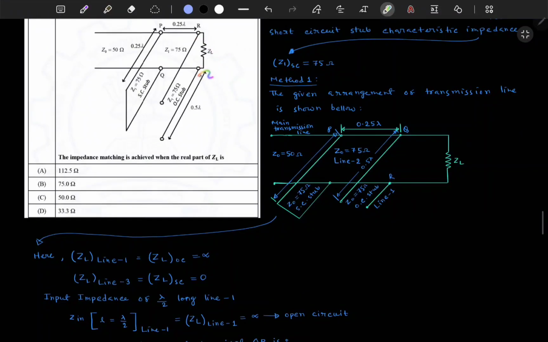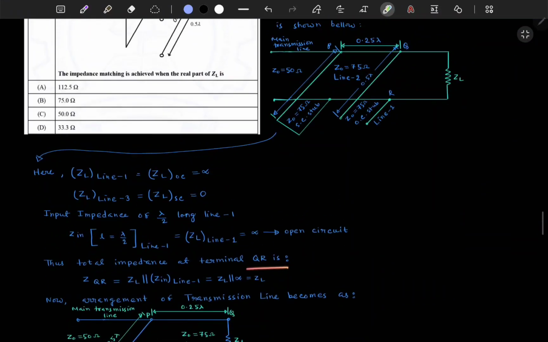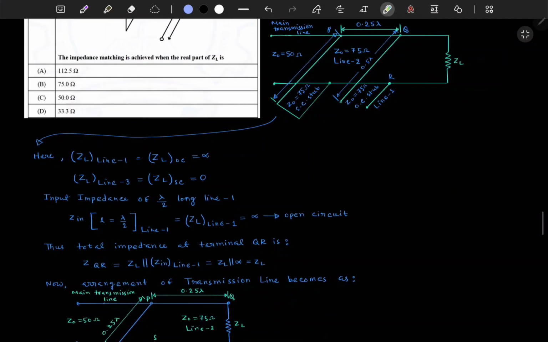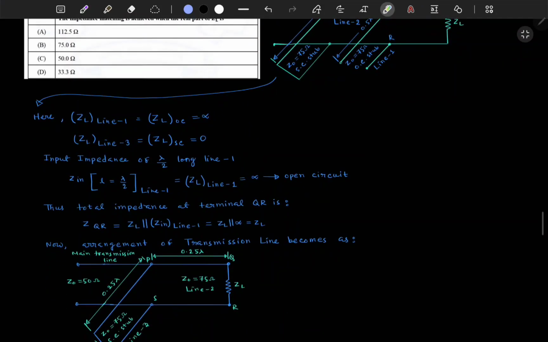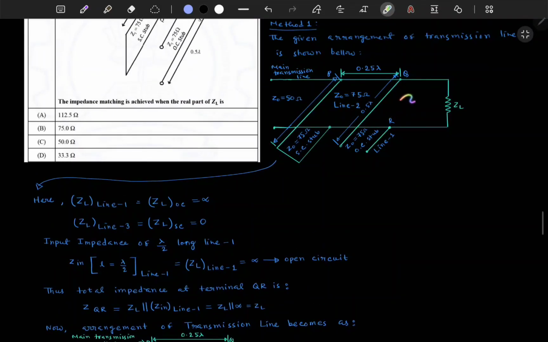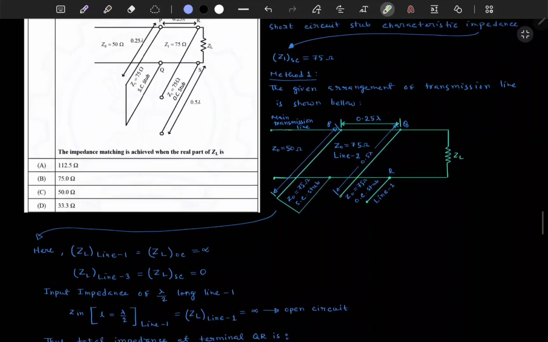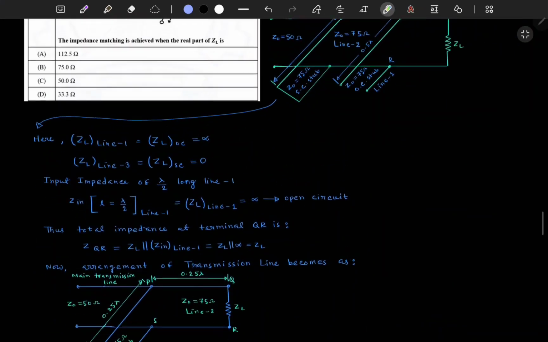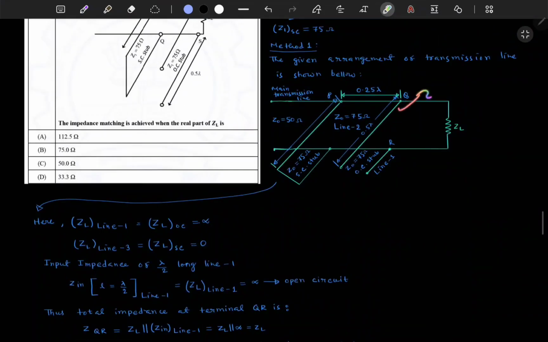this QR is, okay, this is Q and R, Q and R. So the total impedance of this line is Q and R, here it is written like this, QR. Okay, you can see here also QR, but in the question they represent it as RS, so don't look at that for now, see my solution only. Okay, I'm following this. So QR,